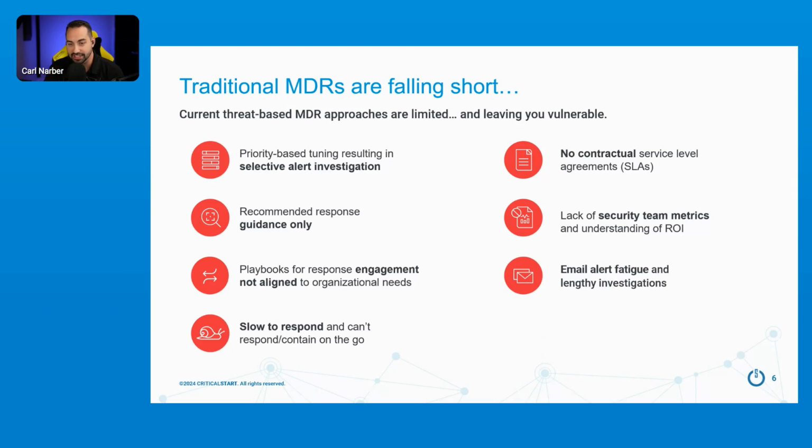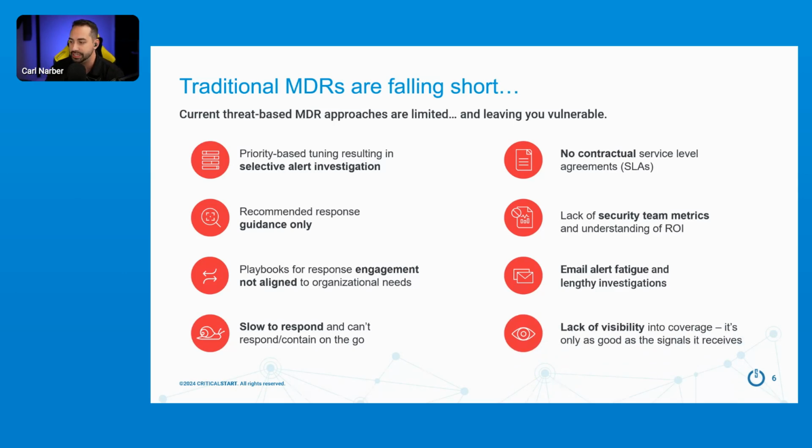Email alert fatigue. I feel like that is probably one of the hottest topics in this slide right here. We hear this across the board. An alert pops off and your email is pretty much getting inundated with multiple alerts. So we're going to talk about that false positive. We're going to talk about those alert investigations. Should it be 5 pages long? No. It should be very, very high level, but with immediate action and immediate response on what you need to do. That's going to be covered in the demo, so make sure you stay tuned for that.